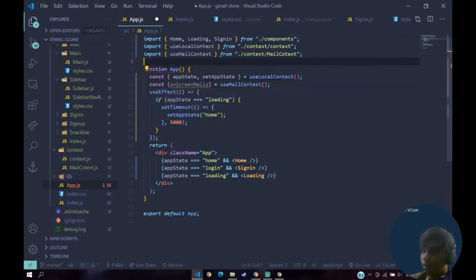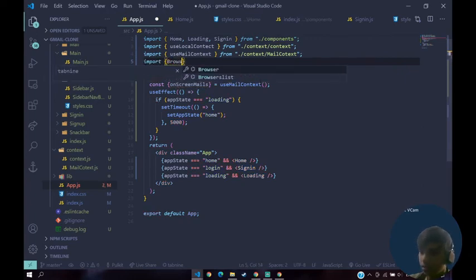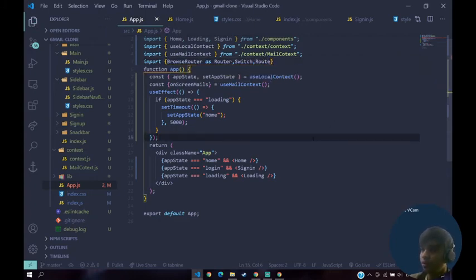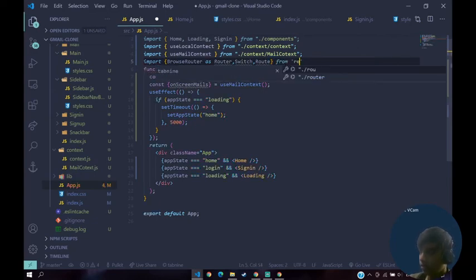So now let's import our React Router DOM also. The way React Router DOM works is this: import BrowserRouter as Router, Switch and Route from react-router-dom, right? Save that.